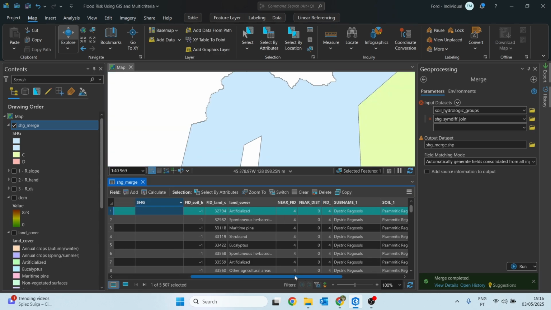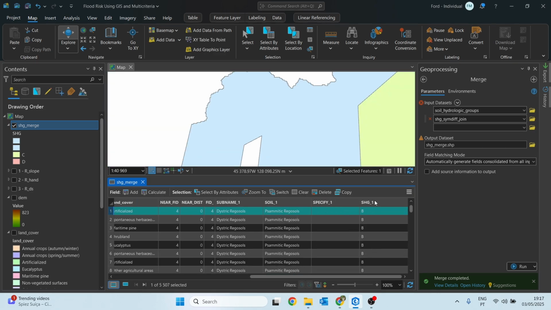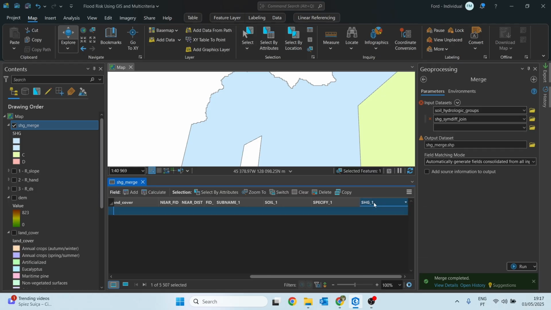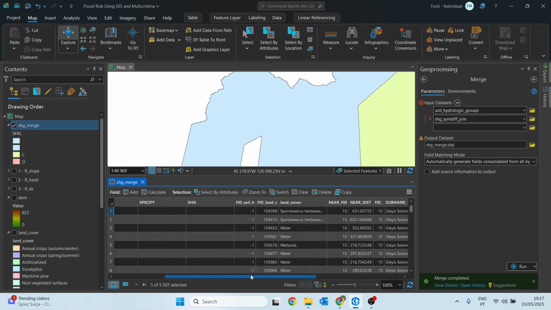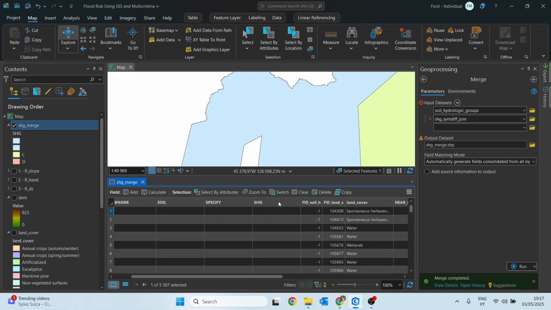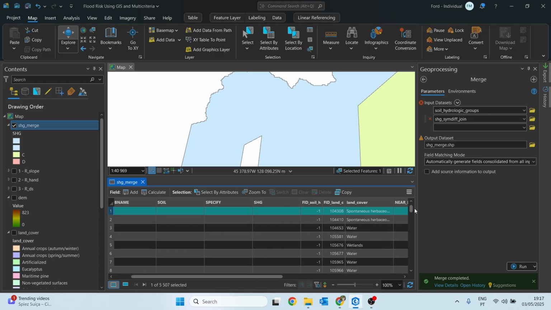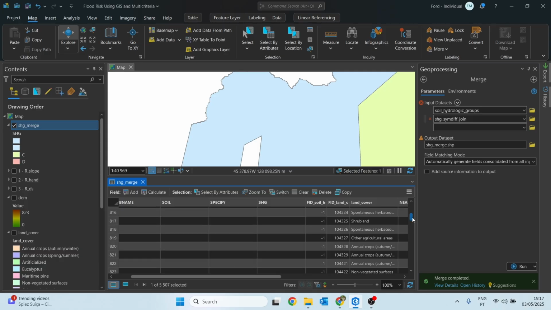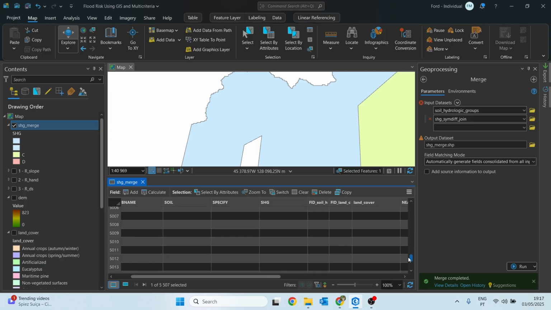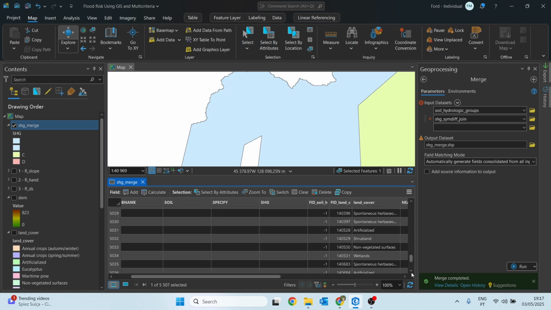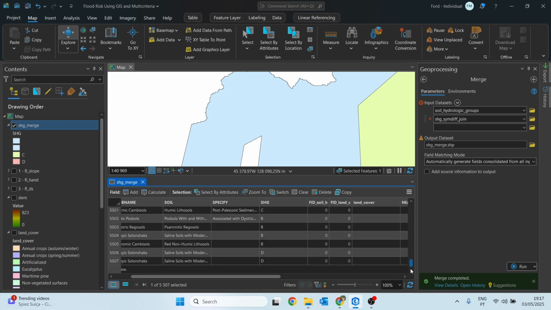So we see that here we have the values, and right there at the left we didn't. If we sort ascending, we don't have values here but have them on the other column. So we just need to use the field calculator and place these values on the other column. To do that, I will just select all the rows that don't have values in the SAG field. So I just select the first one, click Shift, and select the last one that doesn't have any values.